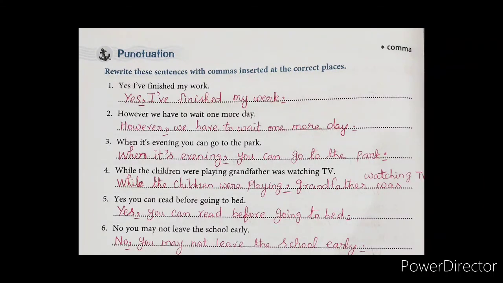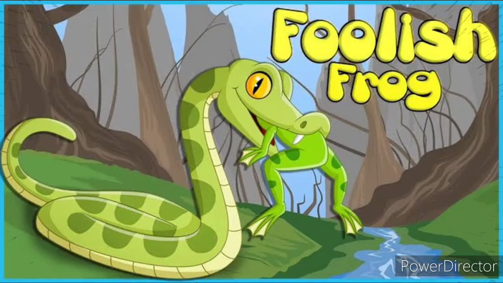So that's all from the book exercise, children. Watch the video completely, understand the grammar concepts, vocabulary concepts, and the punctuation marks using comma. Write all the answers clearly and neatly in your workbook using your pencil, children, and take a photocopy and send it through Teachment in your respective Emerald English group.